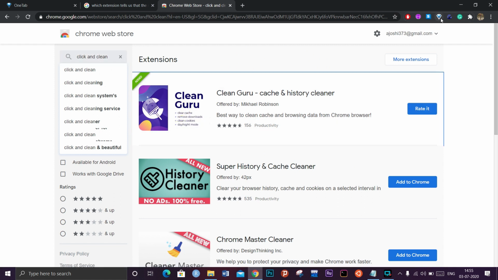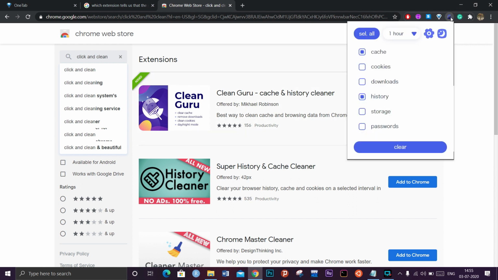I'll show you. Now this is my Clean Brew extension. I will just tap on it and click on clear, and it will clear my history and my cache, and I can also add cookies and downloads. It will clear all the things in just one tap. So it is quite an easy way to clean your history.